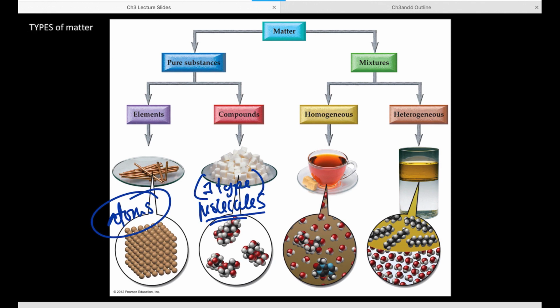Which then brings us to mixtures, which are unique and different in that whole concept of one type of particle is no longer relevant, right? So for example, if we look at a homogeneous mixture, all that means is my two types of particles are evenly and uniformly distributed, right? So here we have water molecules, and we have all the different compounds that make up tea, right? And we have our sugar molecules,